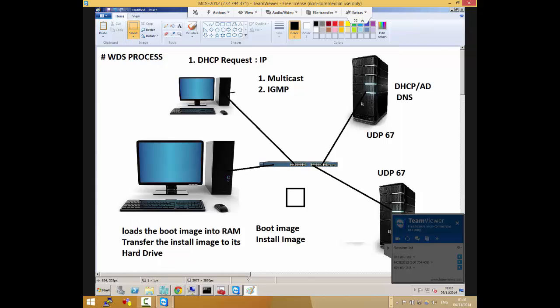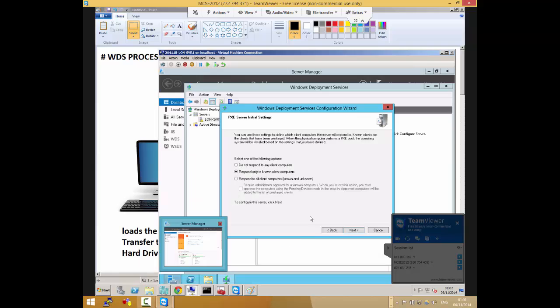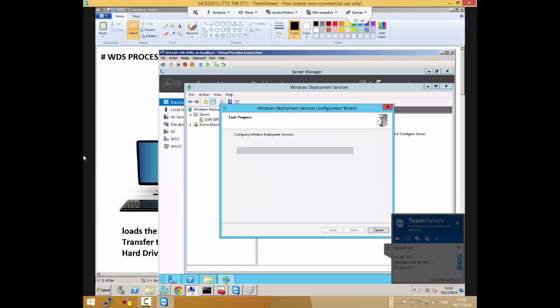Okay, so let's go on with this one. What we want to do is respond to all computers, known and unknown. So if you select that option and then click next, it does the whole configuration. First we install it, then we configure it.